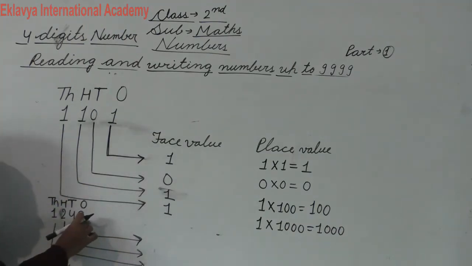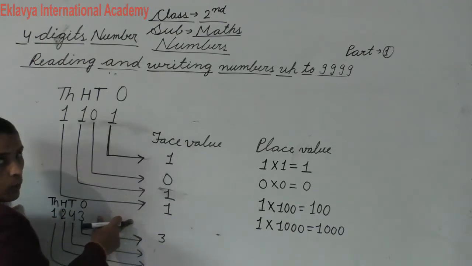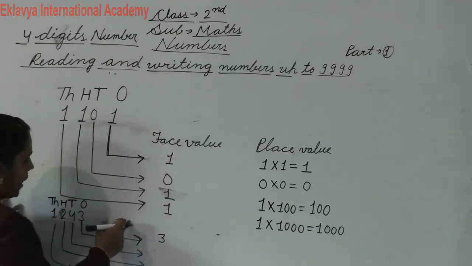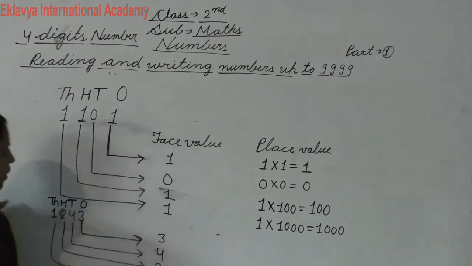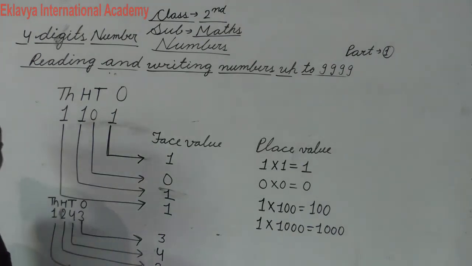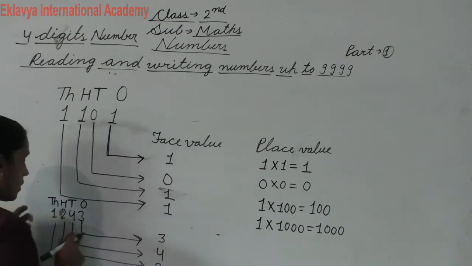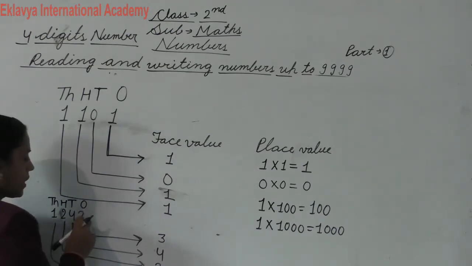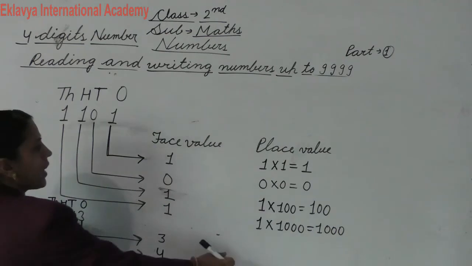Do you know what is the place value of 3? 3, because we don't change place value. हम place value change नहीं करते. Okay, now place value of 4 is 4, place value of 2 is 2 and place value of 1 is 1. Always same होती है place value, same होती है face value. Okay, फिर again I am telling about what is the face value of 3? 3. What is the face value of 4? 4. What is the face value of 2? 2. And what is the face value of 1? 1.